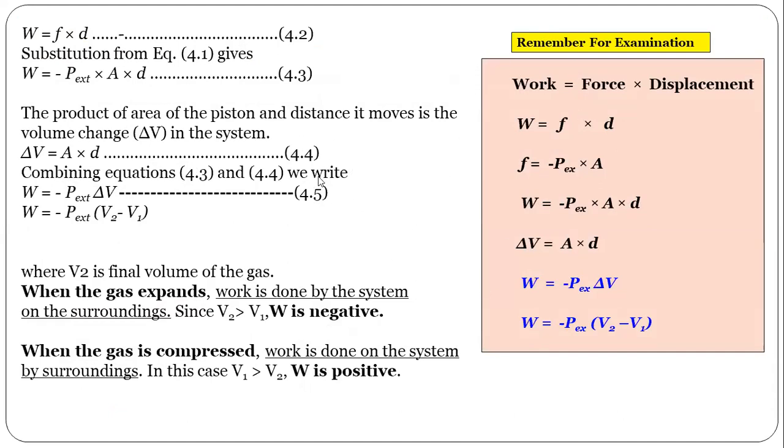So this is a very important question, like intensive property, extensive property. Many times this derivation is asked in the examination. Derive the pressure volume work. So we have to write this derivation. W is equal to minus P external into delta V. This is also required for solving the numericals. Remember this thermodynamic work done, this is pressure volume work.